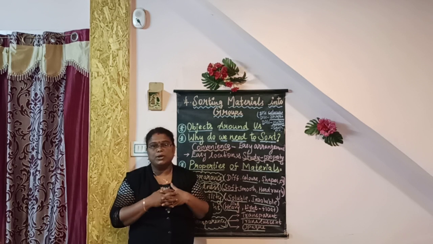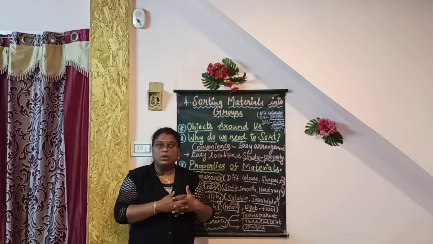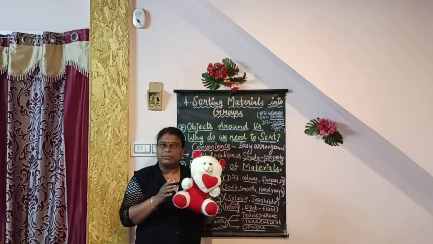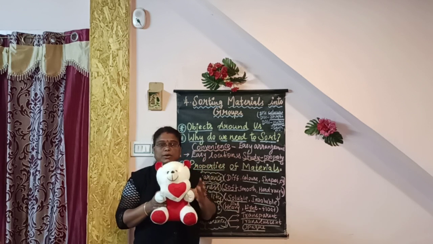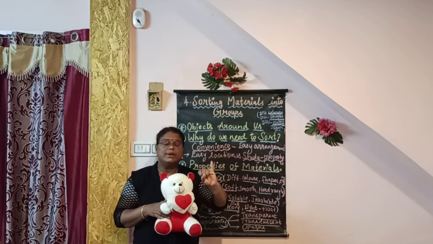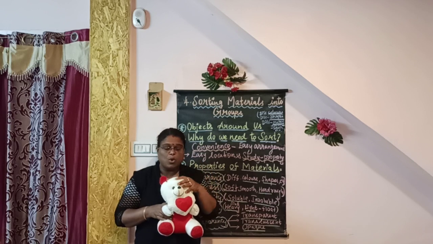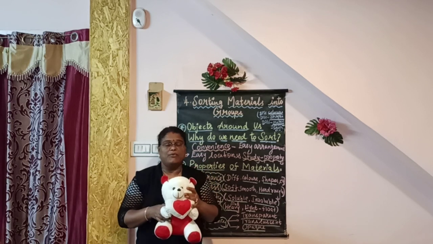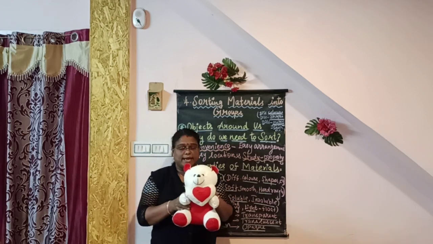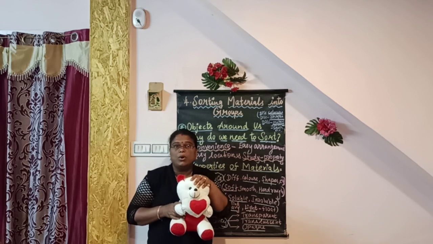For example, in Fiber to Fabric, we studied about cotton and wool, and see this doll is made up of wool. If we see any object, we can study the properties of that object. First one, we can study the raw materials. Raw materials means what material the object is made up of. Second one, we can study the sources of that raw material. For example, this is a doll. The raw material is wool. This is made up of wool.